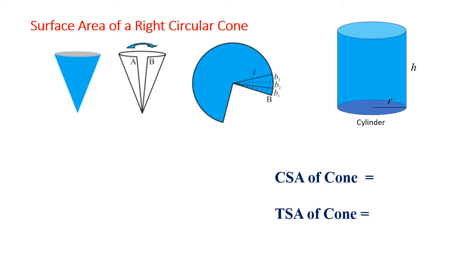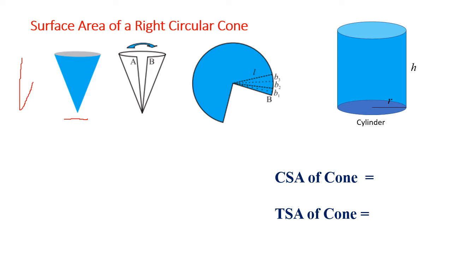Now before we work it out, we'll have to see how we can get the formula. So there is a practical activity that you have to do, right? You can see in the first picture, we have a cone, okay? So you have got this cone. The cone, how is this cone made? So you can see,